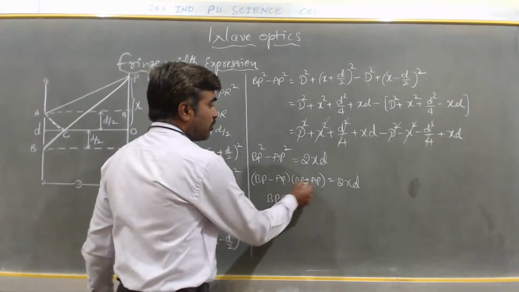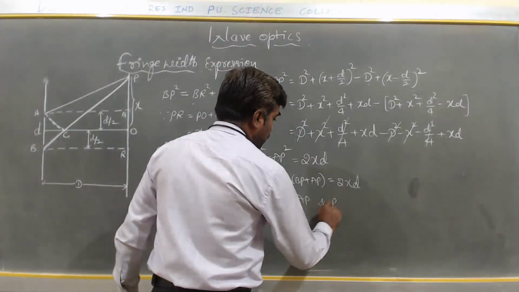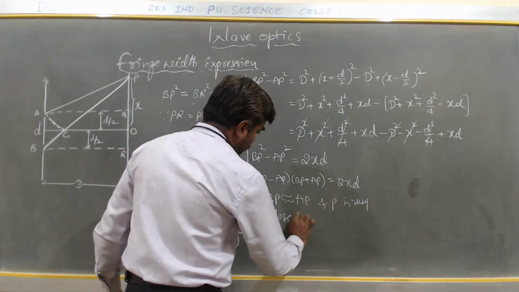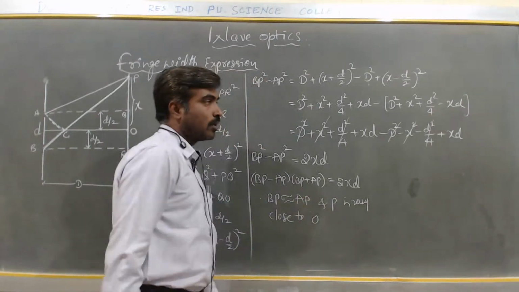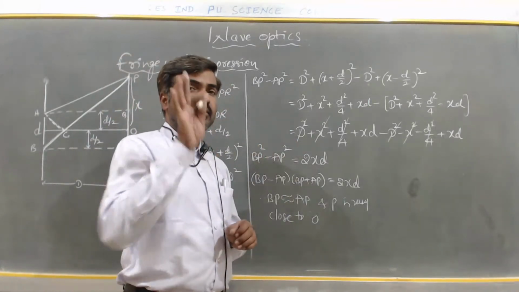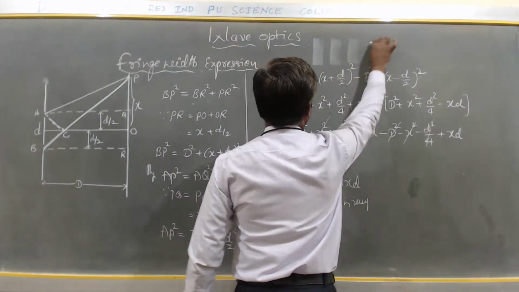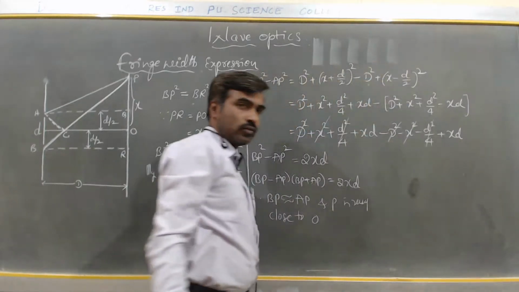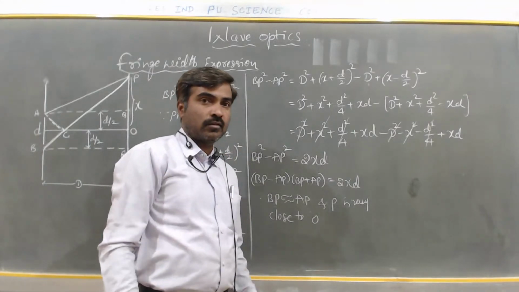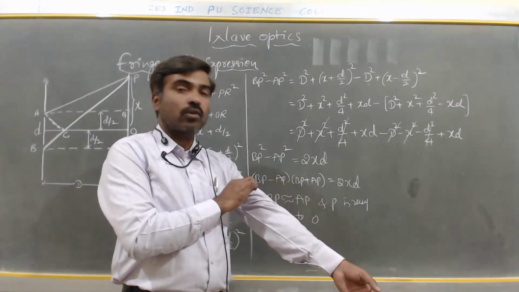Under such a condition, BP plus AP will add up, and we consider that P is very close to O, because in the interference fringes, the alternate bright and dark fringes we obtain are very close to each other. It is just like the fine weaving of a cloth. When you look at your cloth, it may be your handkerchief or your own clothes,